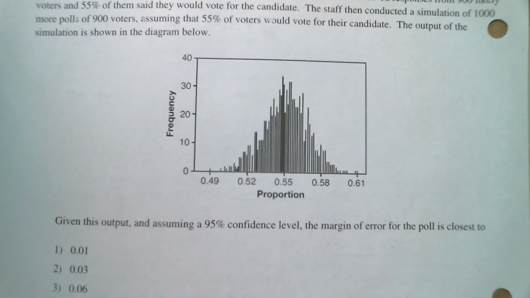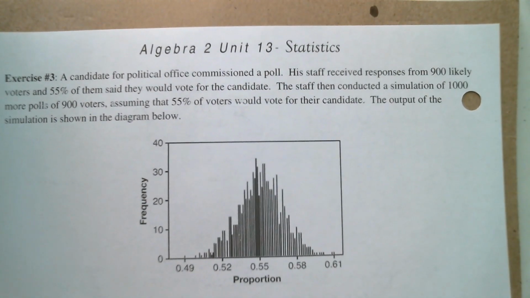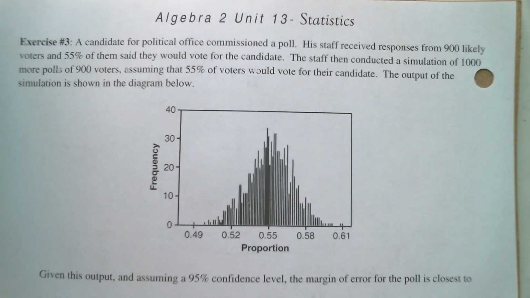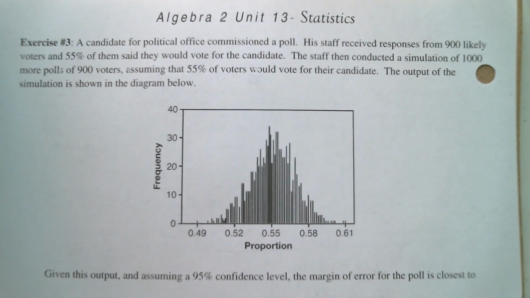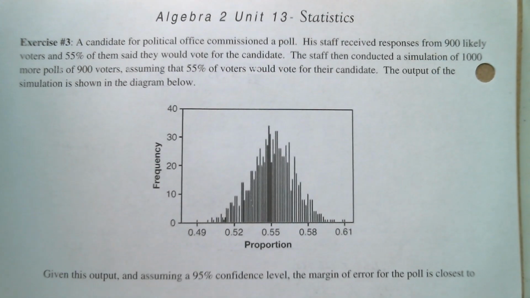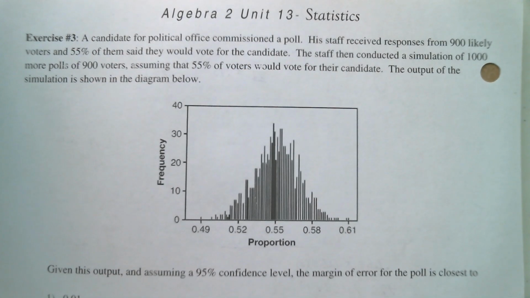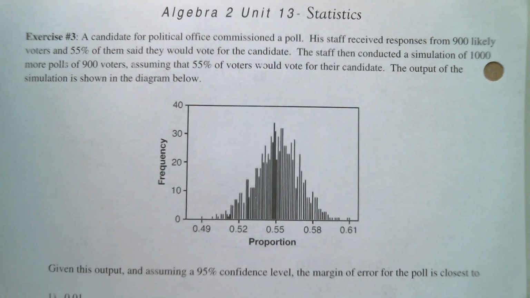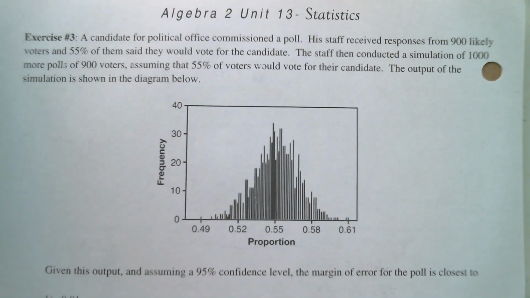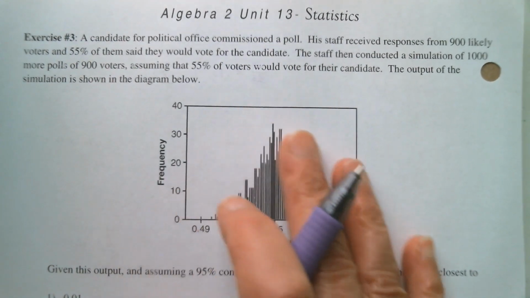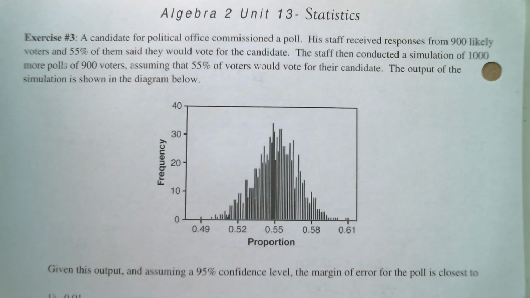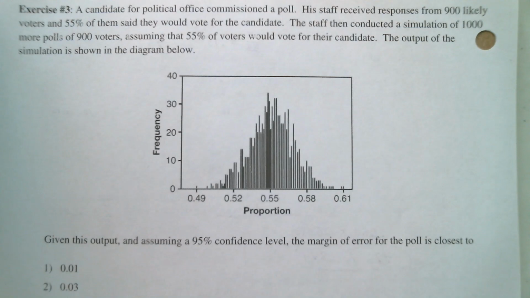Exercise number 3, a candidate for a political office commissioned a poll. His staff received responses from 900 likely voters, and 55% of them said they would vote for the candidate. The staff then conducted a simulation of 1,000 more polls of 900 voters, assuming that 55% of the voters would vote for the candidate. The output of the simulation is shown in the diagram. Given this output and assuming a 95% confidence interval, the margin of error for the poll is closest to,